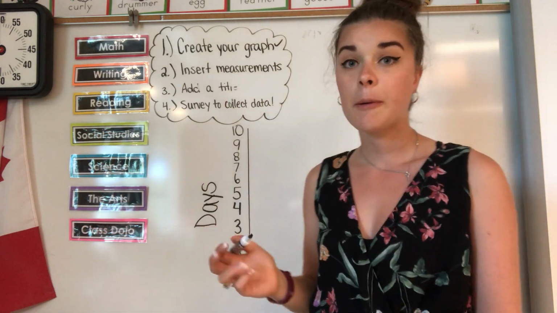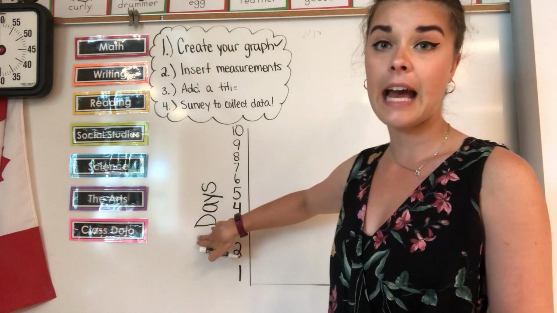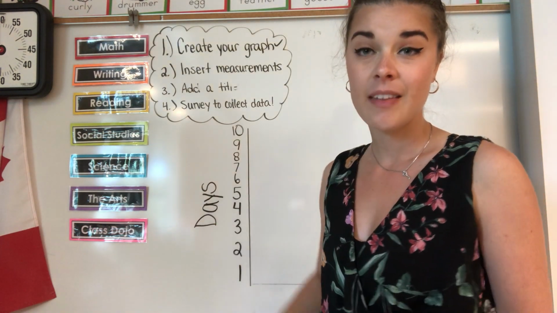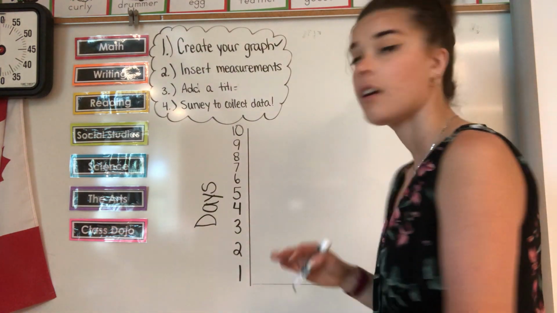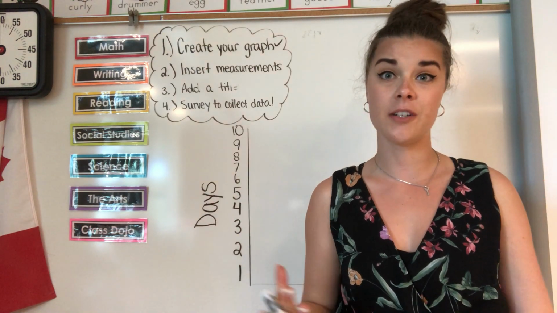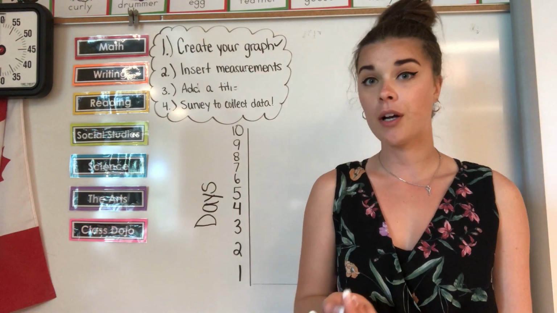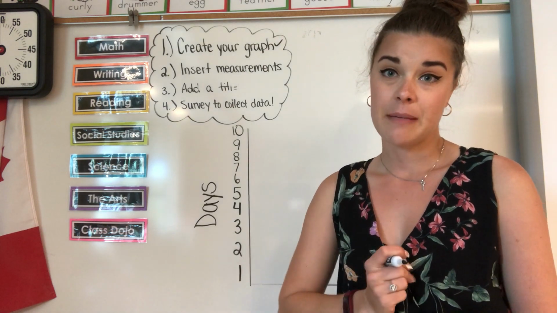All right, now the person reading our graph knows that the numbers from 1 to 10 represent how many days. Now it's time for us to insert the weather. So we, of course, in Lake Country, we have so many different crazy weather patterns. So we're gonna try to make this kind of basic, but of course there will be limitations when we do